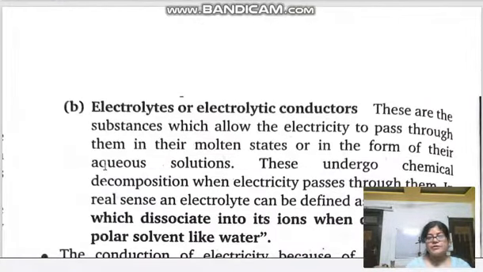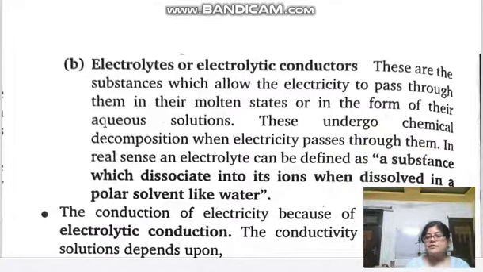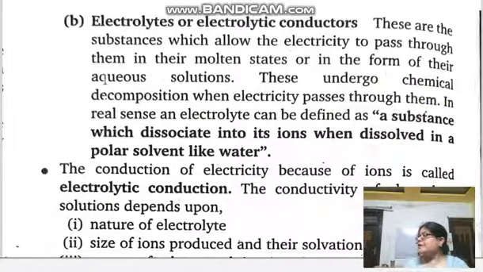Now we come to the next topic. We understand the difference between the galvanic and the electrolytic cell. These are the devices by which we get chemical energy, where there is an interconversion of chemical energy and electrical energy. Now what are electrolytes? There is a difference between electrolytic cell, galvanic cell and electrolytes. All these are different from each other.